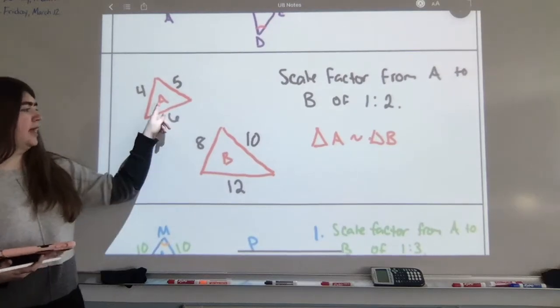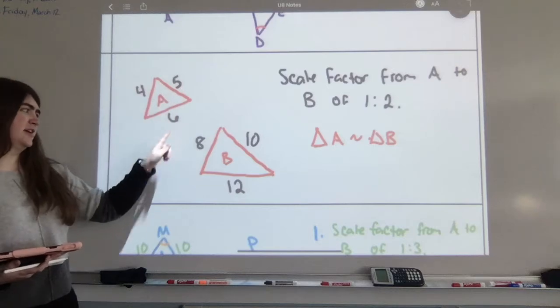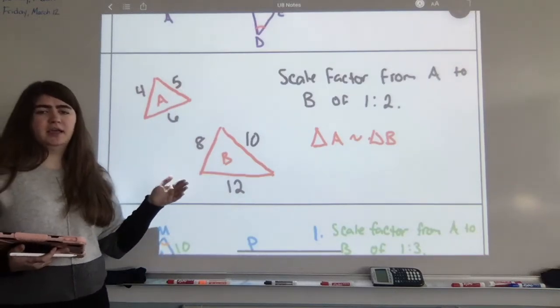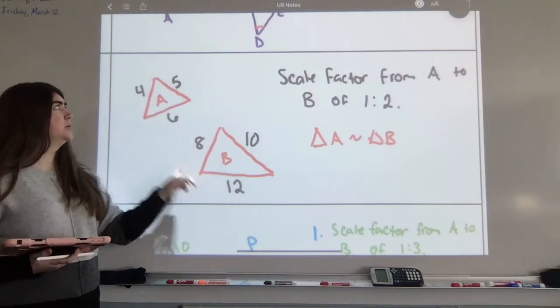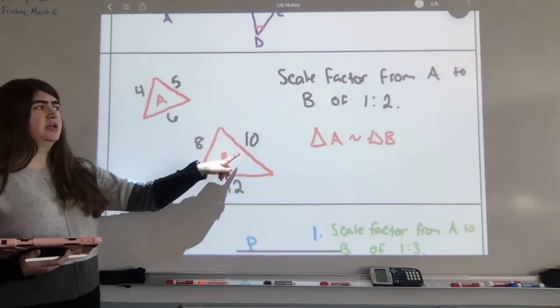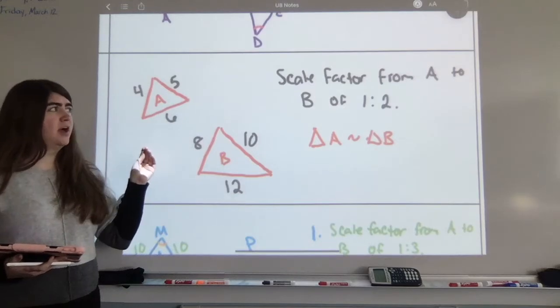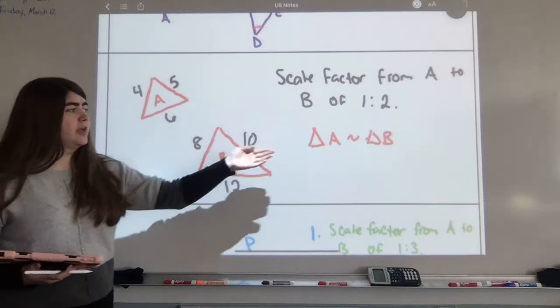We have triangle A and triangle B, where triangle A has sides 4, 5, 6, and B has 8, 10, and 12. And these are all on a similarity ratio or a scale factor from A to B of 1 to 2. 4 times 2 is 8, 6 times 2 is 12, 5 times 2 is 10. Therefore, because all sets of corresponding sides are on the same scale factor or are proportional,